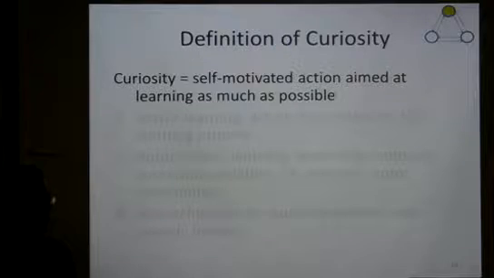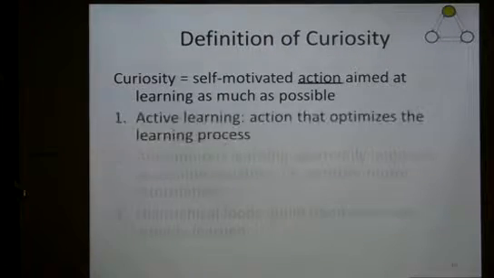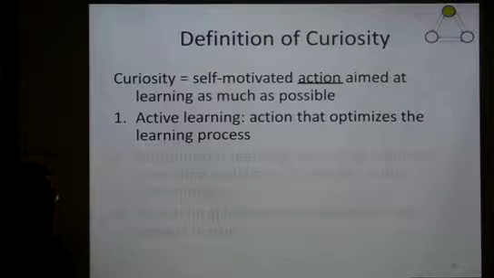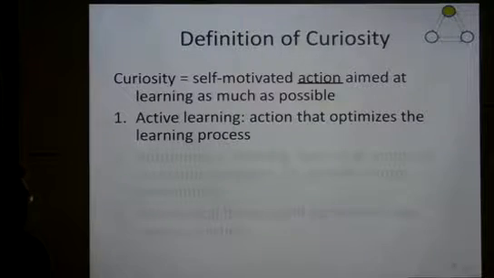It's actually a combination of a lot of paradigms in machine learning. The first one is action. Again, you have to have this action. And this is a paradigm in machine learning called active learning. It's the action that optimizes the learning process. You're trying to learn something, but you have control over your training set, and you can simply act and acquire new samples in the environment. The question is, what is the best action, the best next sample that will teach you the most? So this is active learning.